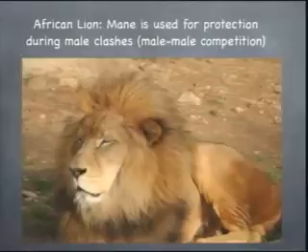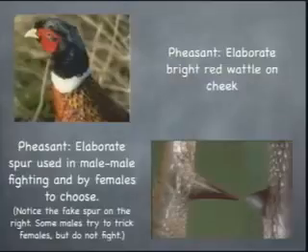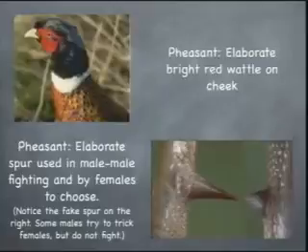Here's another example which you're probably familiar with. Lions: you go to the zoo, and the males and females look quite different. The males have these big manes. They're also bigger animals, right? There are lots of examples. Almost every species that reproduces sexually, often the males and the females will be quite different. So here are the pheasants. Once again, like in many birds, the males have these elaborate bright colors. And the males have these spurs that they use to fight other males with, right? And then some of the males have these little tiny spurs. They don't fight as well. Yeah. Sure.